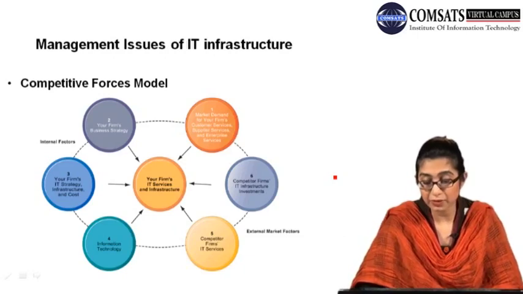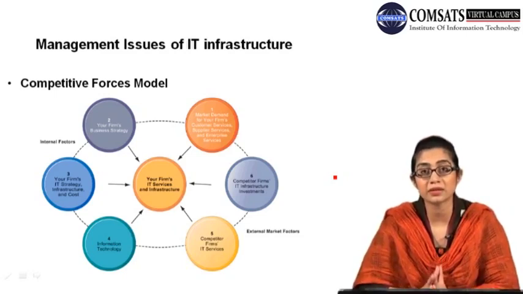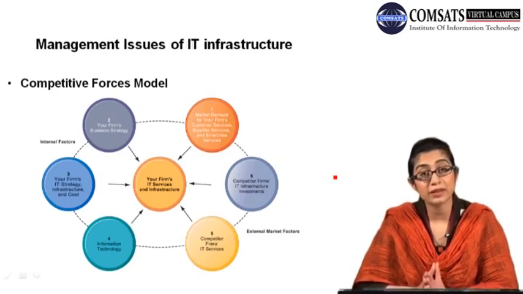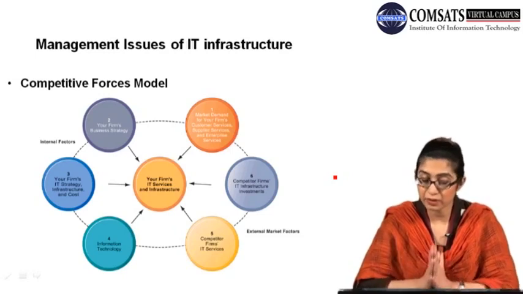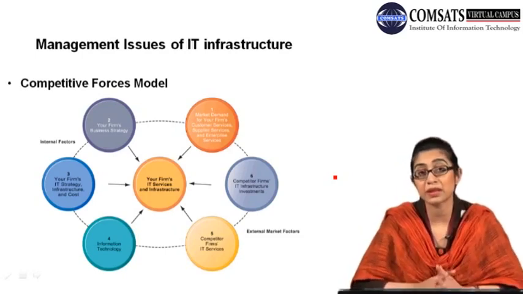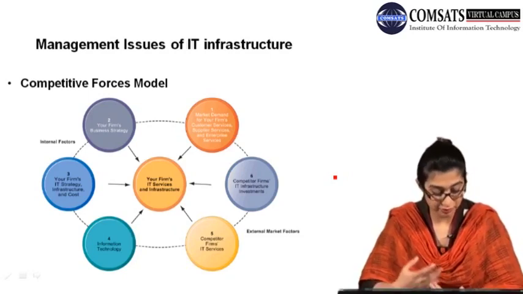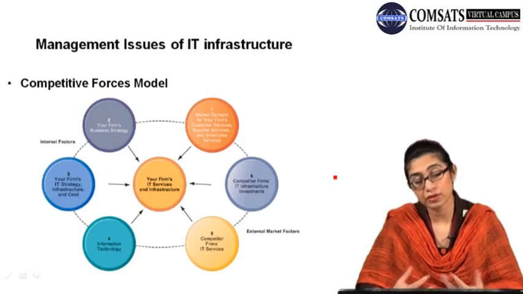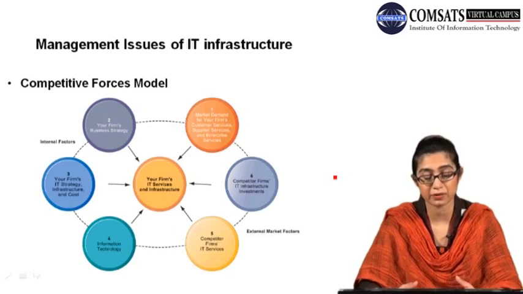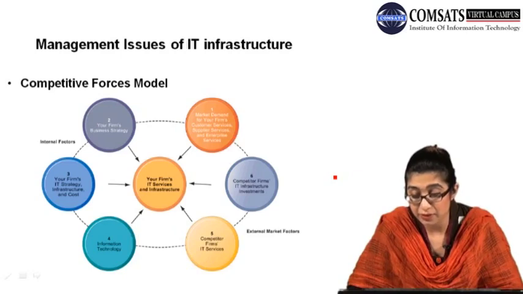Next is the competitors' firms' IT services. That means once you have assessed your own IT problems and your own requirements for IT, and the system you are currently using, when you have listed that down, then you go and look at what kind of IT services your competitor is using. So what are the competitors offering in technology, compare it with your IT technology as well as think about ways to excel your IT infrastructure. Right, number 6 is competitors' firms' IT infrastructure investments.